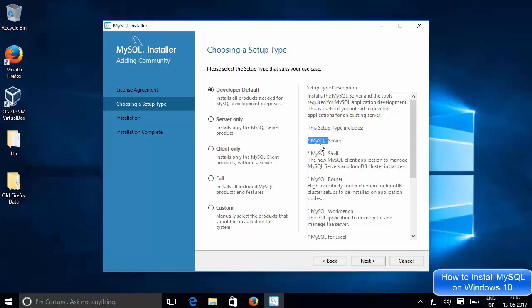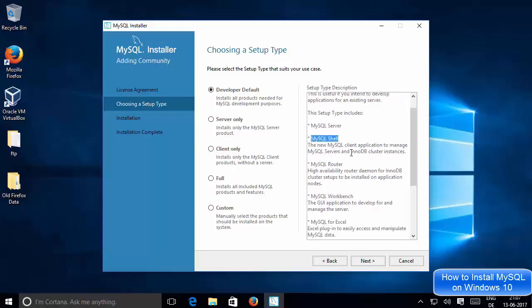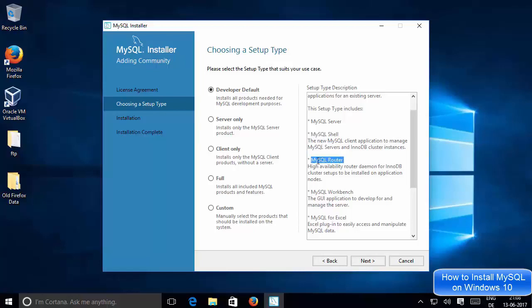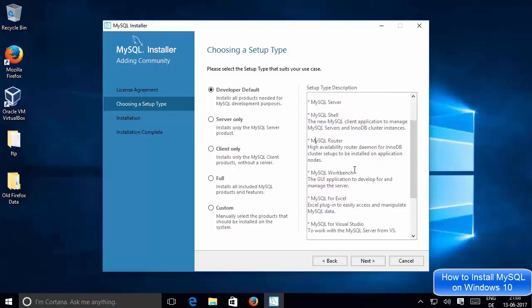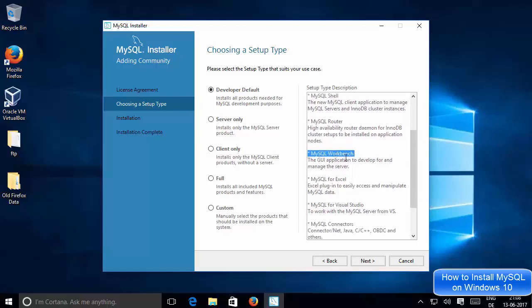So here is the MySQL server, then you have the MySQL Shell, then it will also install MySQL Router, MySQL Workbench, which is a GUI version of the MySQL client, which you can use to create tables or create databases and interact with databases.